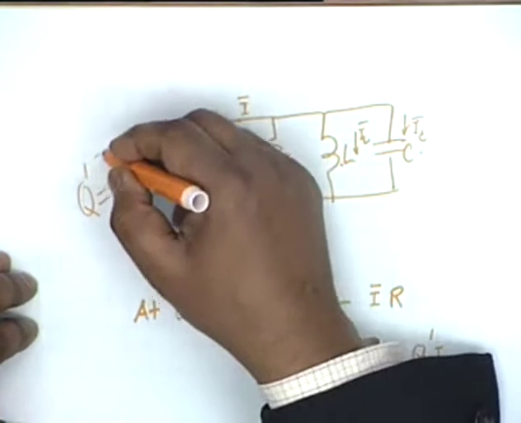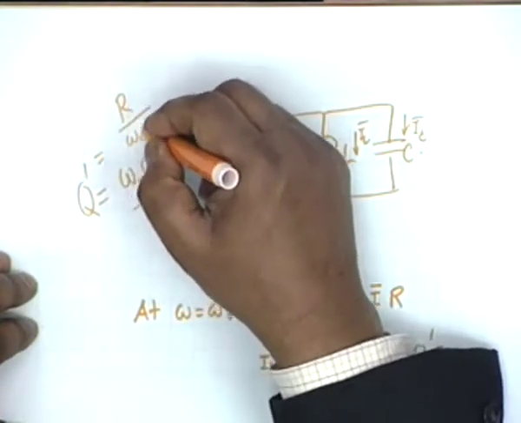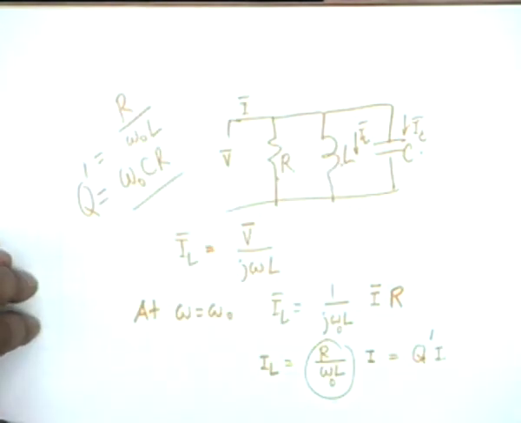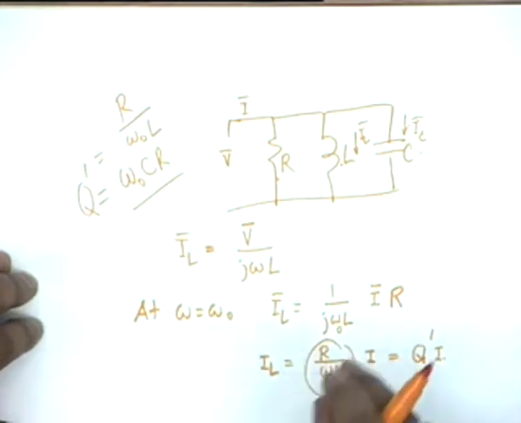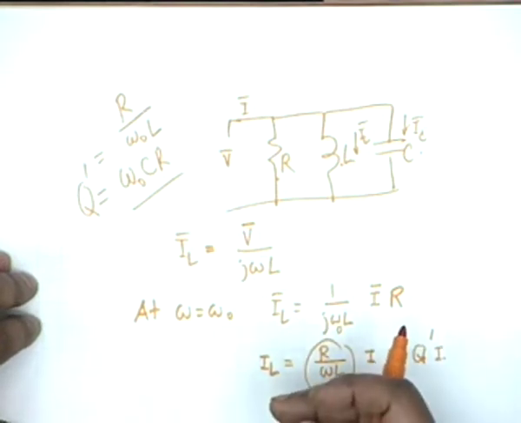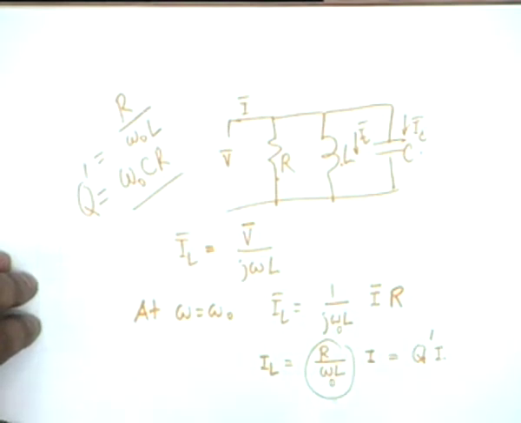These are the same, as you can easily see, R by omega 0 L. The point that I am mentioning to you is that the definitions of Q in the two cases are quite different. In one case it is reactance divided by resistance in the series case, in the parallel case it is resistance divided by reactance,